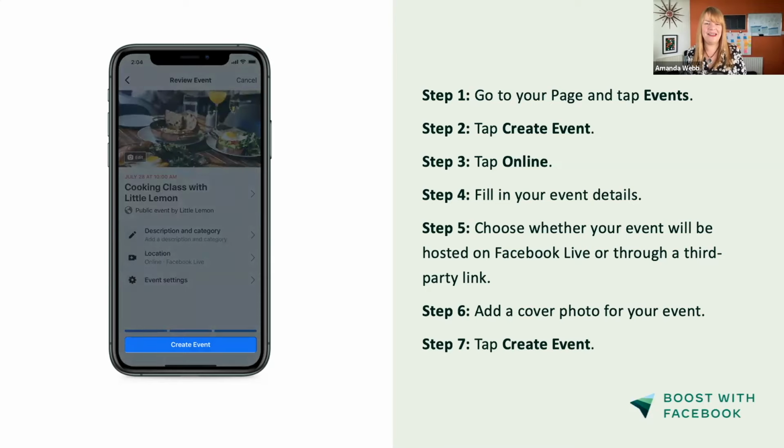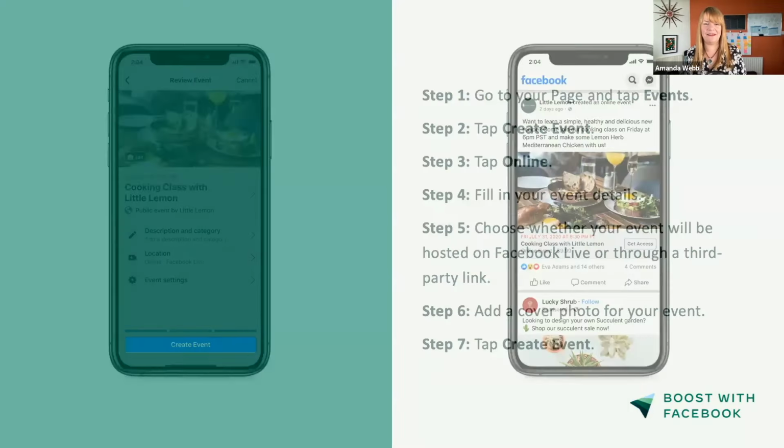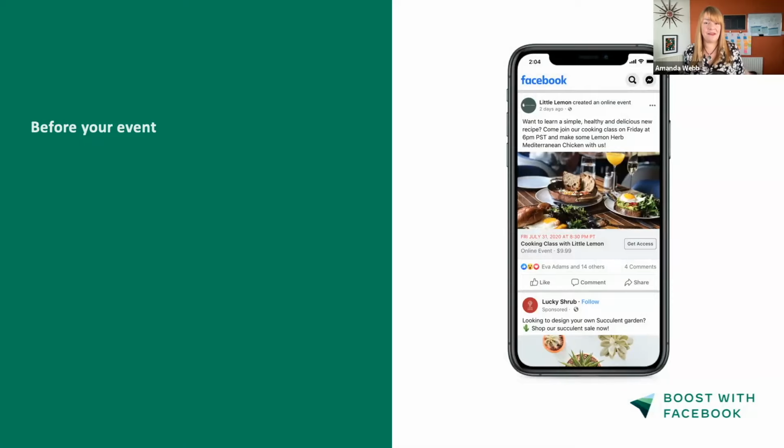And then finally, tap create event. So that's it. That's the setup process. Once you're monetized, you get the option to put in how much you're going to charge for the event as well. And once you're all set up and you've been approved, you can start